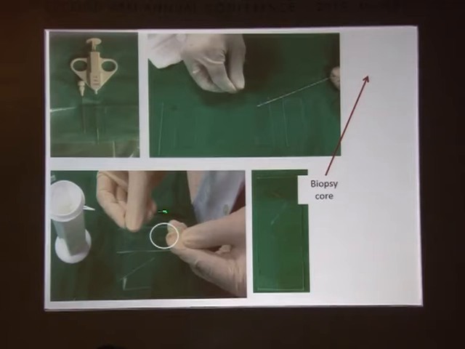Then a squash smear is made. It is literally crushed and the smear is made. That is how you get the cellular material. And the material may not be so cellular for imprint. As you know, imprint cytology works where it is a round cell tumor, lymphoma. The cells come up very easily. Whereas for carcinomas and all, imprint may not work. So squash cytology works.